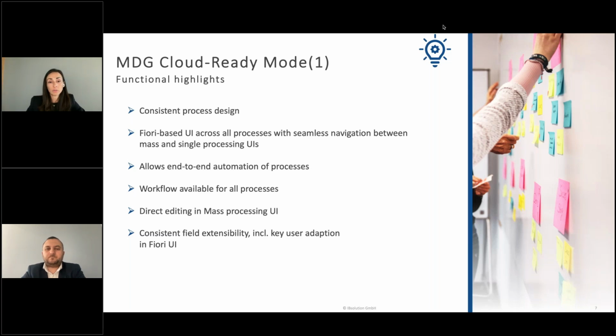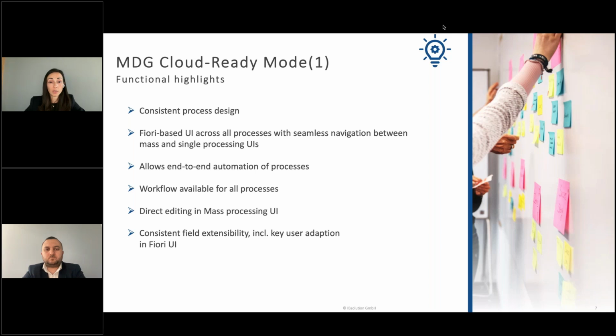And with the introduction of ABAP Cloud, of course, naturally came the MDG Cloud version, which is based on ABAP Cloud. With the release from 2023, as for HANA 2023, every customer which has this release can activate the cloud ready mode.